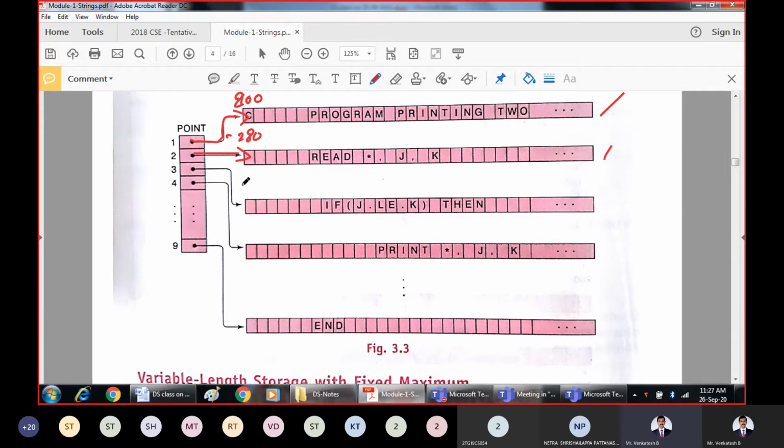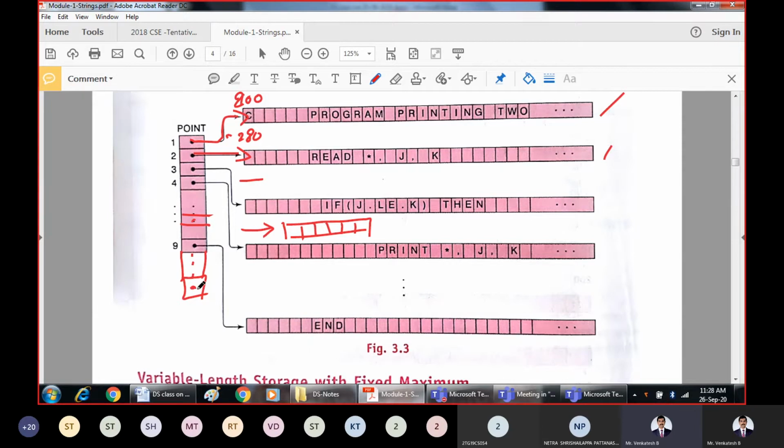If you want to add, keep these things as they are, and if you want to add some new record here, as in the example I was taking, which is again going to contain 80 columns, what we can do is somewhere in the memory, you maintain some pointer, or you can extend this array and maintain some pointer here.